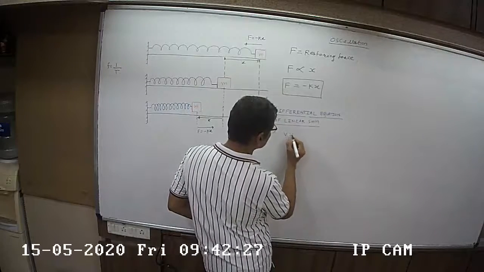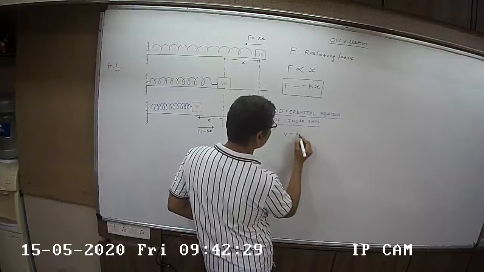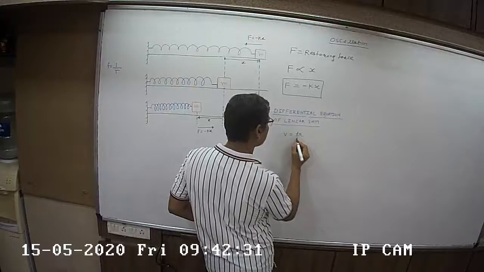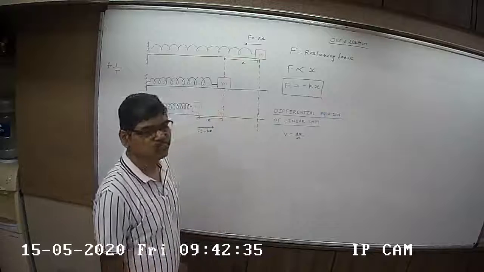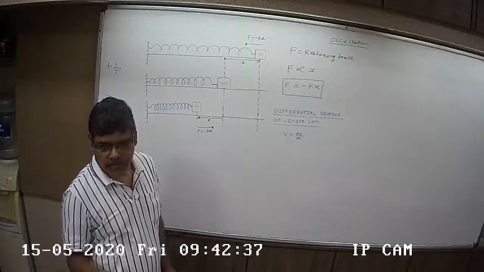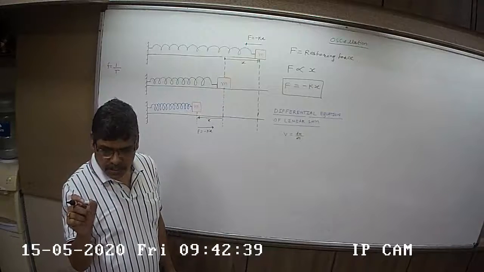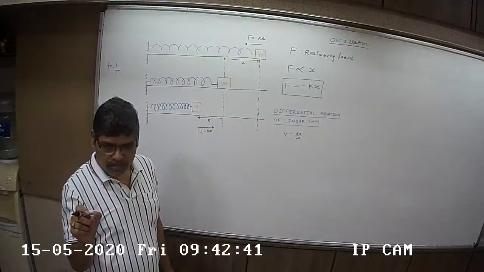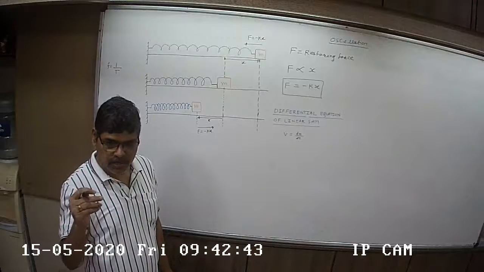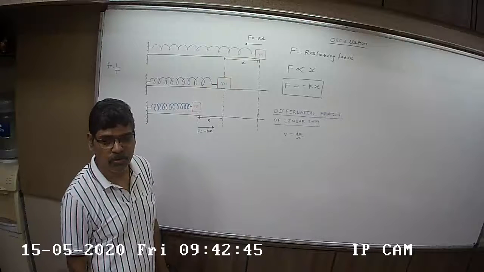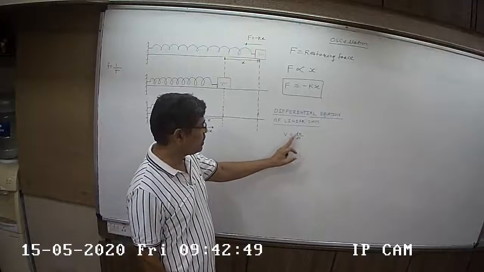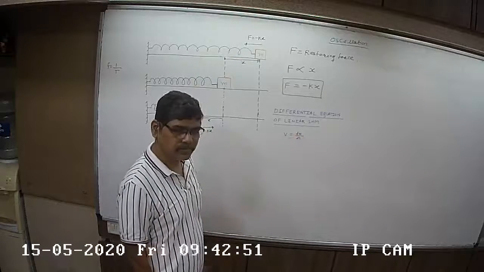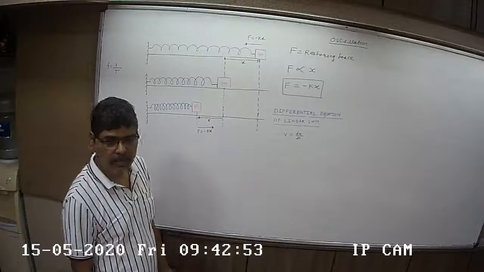Velocity is the derivative of x with respect to time. We write it like this, so dx by dt. And dx means small change in displacement, and dt means the time interval during which the displacement takes place. Dx upon dt. And how do you read this? V is the derivative of x with respect to time. Correct?